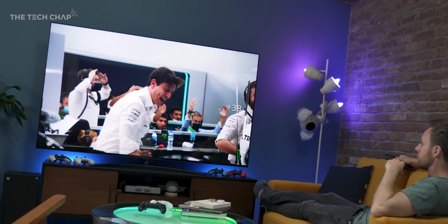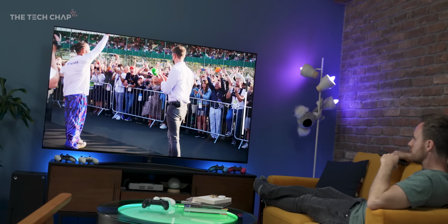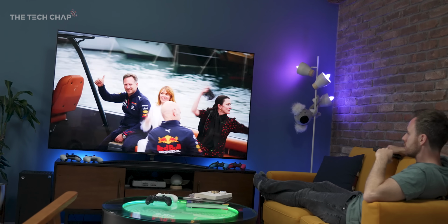Now obviously this is not the only TV that is going to be discounted. They all get cheaper as the months go on, and particularly around Black Friday and big sort of holiday seasons. But if you want a big bright TV with a good picture quality that's great for gaming and, well, does everything you need,